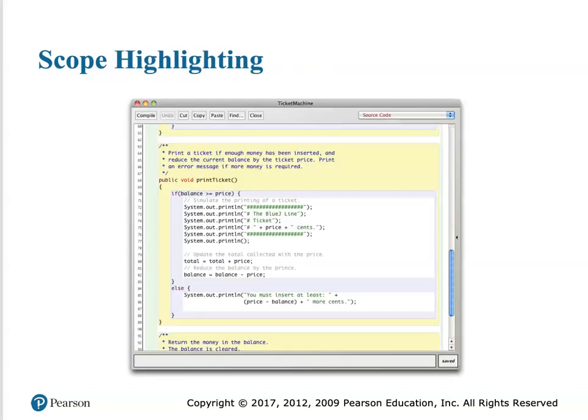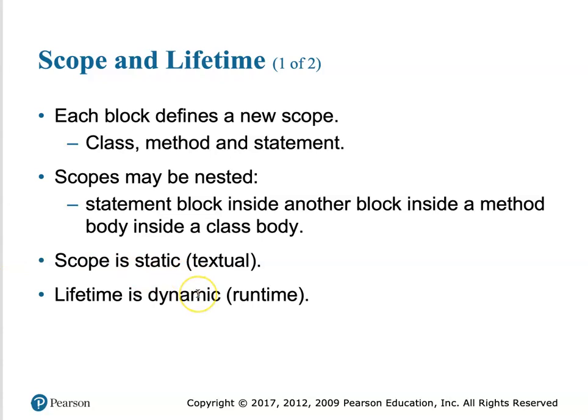So the scope is also defined in the source code in the text. Compare that to the lifetime, which is what's happening at runtime. So lifetime of an object or lifetime of a variable depends on how long that object exists in memory. So with scope and lifetime defined,